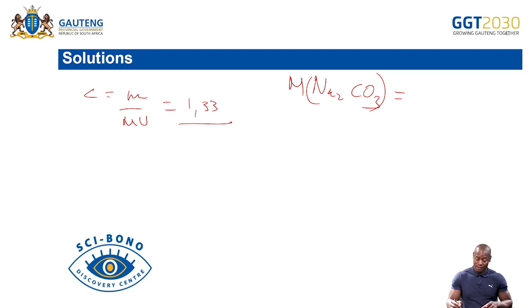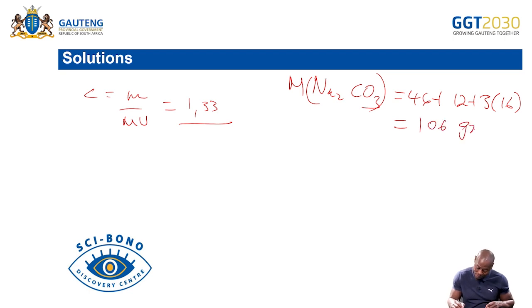Sodium is 23, so 23 times 2 is going to be 46, plus 12, plus 3 times 16. 46 is coming from 2 times 23. 3 times 16 will be 48, plus 12, plus 46. So here I'm having 106 grams per mole. That is for sodium carbonate. Then I'm having 106 here. The volume that was used,